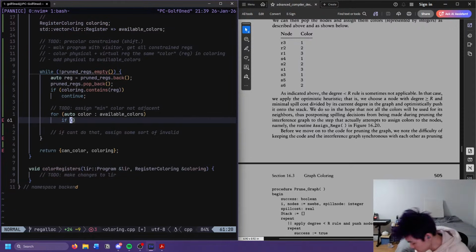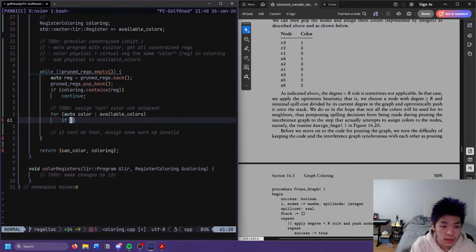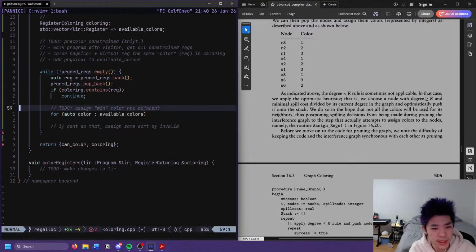I don't know, this does not tickle my fancy. So we need to get the color of everything. So this is going to be a really ugly loop. Maybe we just get all the neighbors and then, actually, yeah, let's do it that way.